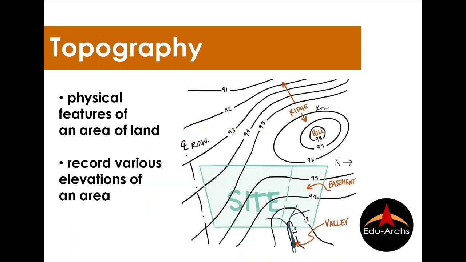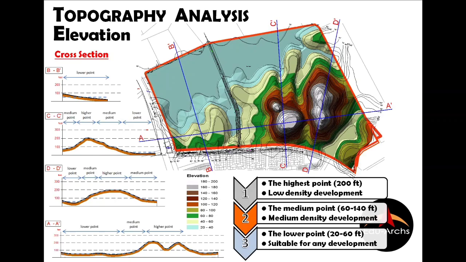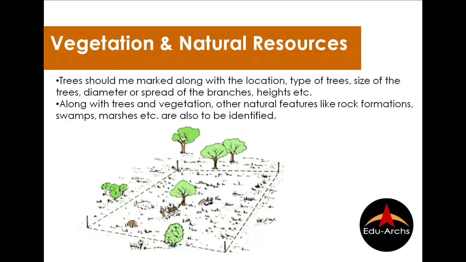Topography. Topography describes the physical features of an area of land. Topography often records the various elevations of an area using a topography map. Topography refers to the slope and level of the land, whether the land is flat or a plain, or whether it is sloping. From a design point of view, a sloping site will be more challenging. If a site is sloping, the exact slope can be interpreted from a detailed contour map. The contour locations and spacing of contours will play a big role in placing your building block.